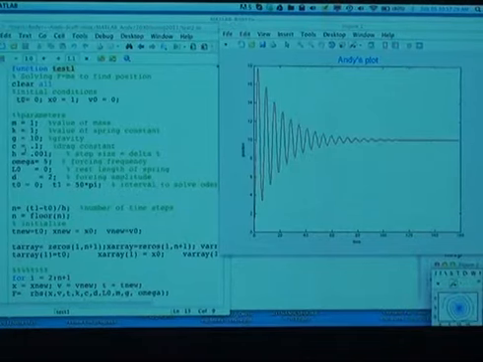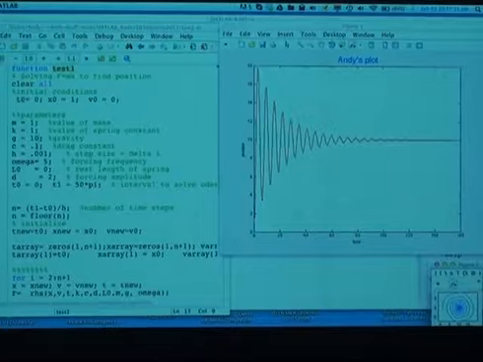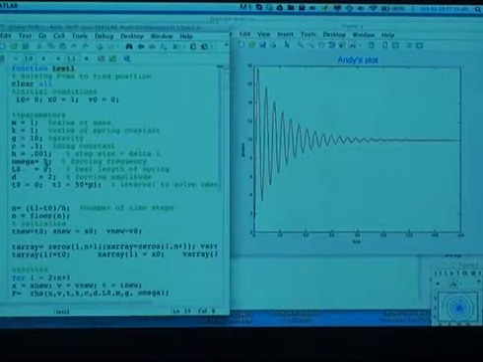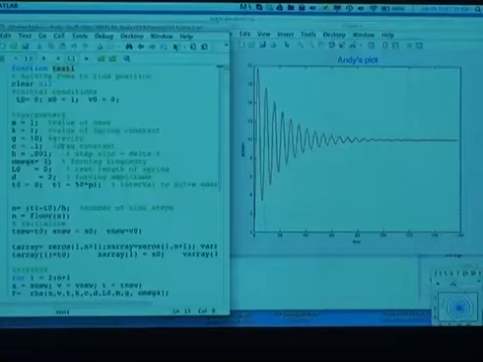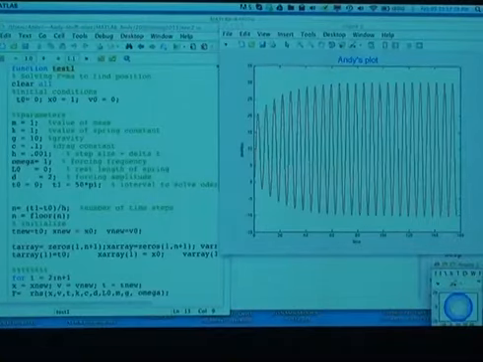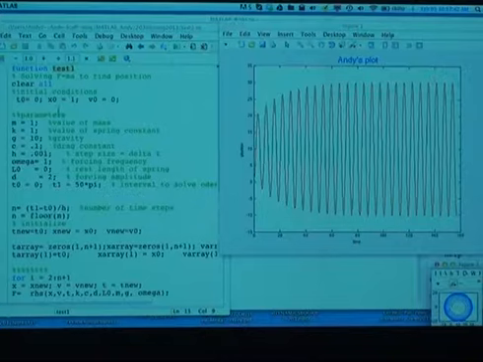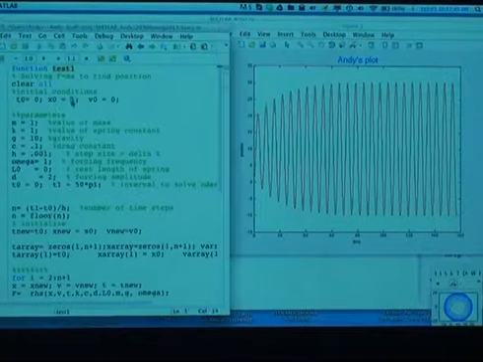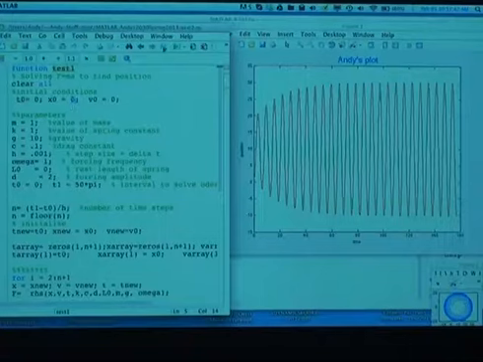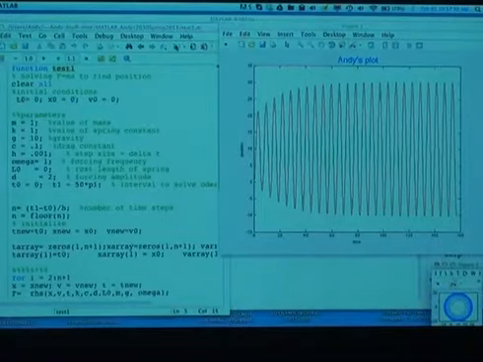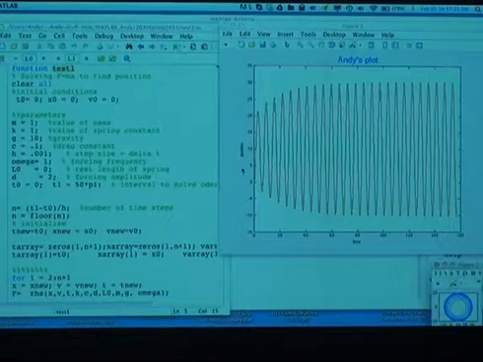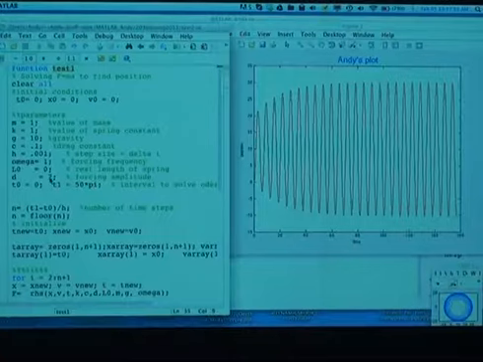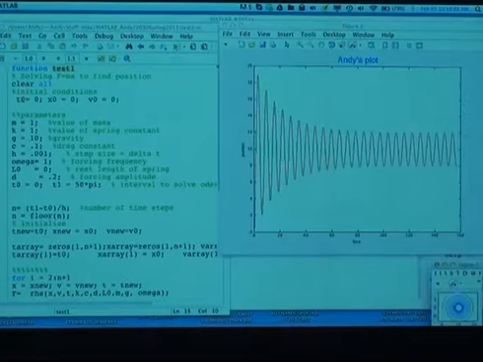Then the in-between case, if you force it at about the frequency that it wants to oscillate anyway, that's the resonant case. And what you see is that the motion grows to be very big. And in fact, if we want to see that growing even better, we can start this one with 0 initial condition. So it starts out with no oscillations, and we run this thing and we see it grows like this. We can make the forcing even smaller in amplitude by making this d equals 0.2, and we can watch this grow. Let's see, 0.2, getting the initial condition 0,